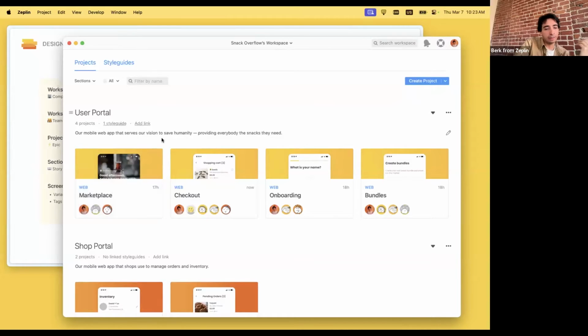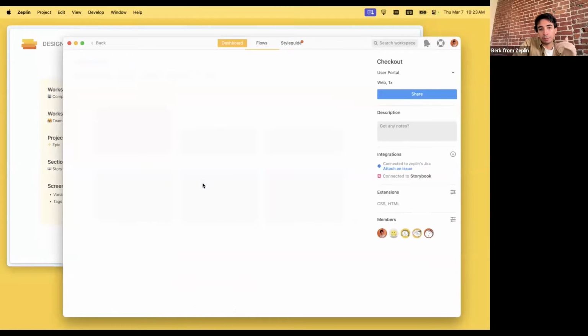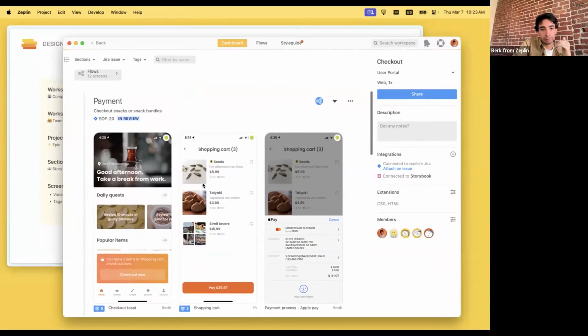That is doable, but that's obviously not something we recommend, because ideally having separate projects is going to be much more helpful in terms of what types of notifications you get and things like that. So yeah, if you think of projects as the epic, then whenever we click into these projects, you will see